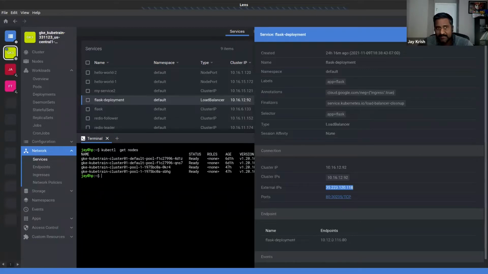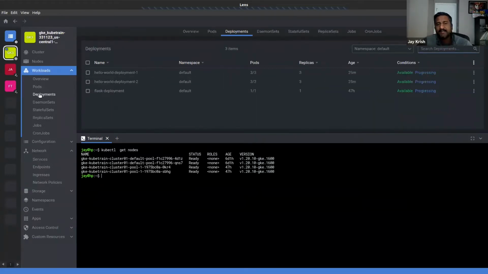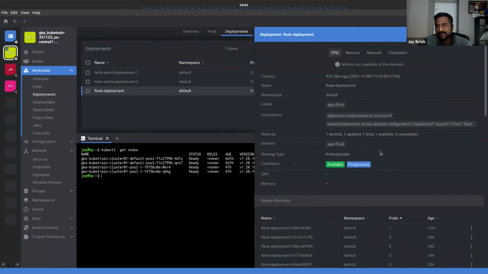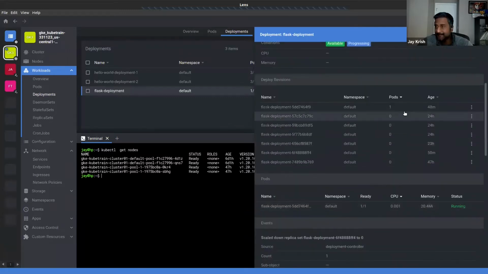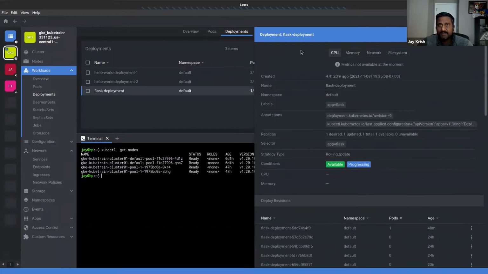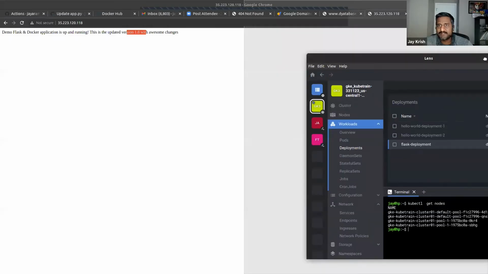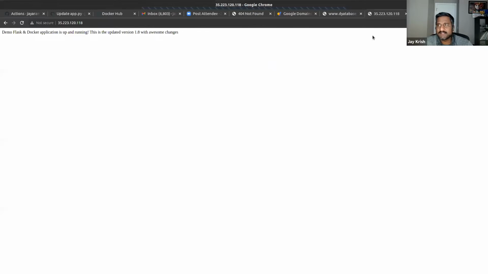Now, if you look at the magic, 1.8 is running in my deployment. Now, either I'm the developer or I'm the operations person, and the developer says, hey, the new version is ready. Okay. So now let us even keep these two like this.